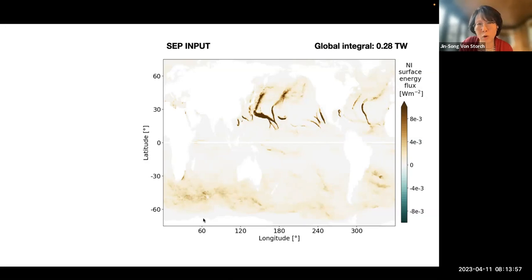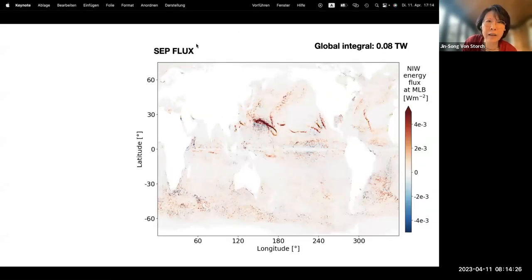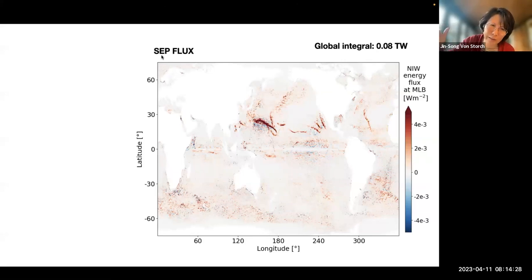You have higher, stronger input in the winter hemisphere, at winter mid-high latitudes ocean. But here in this simulation, you also have this strong input along the tropical cyclone tracks. This is something that we haven't seen so far from the other analysis. And then if you look at the flux, now this is a flux at the bottom of the mixed layer,